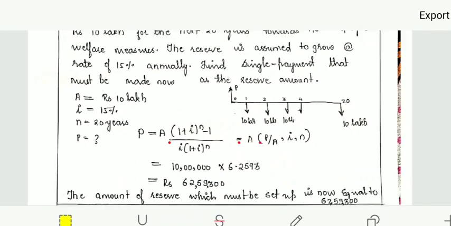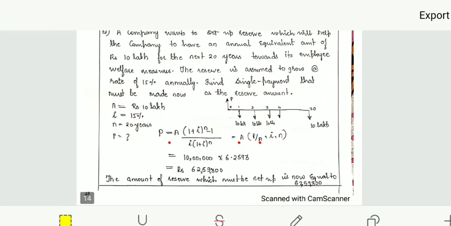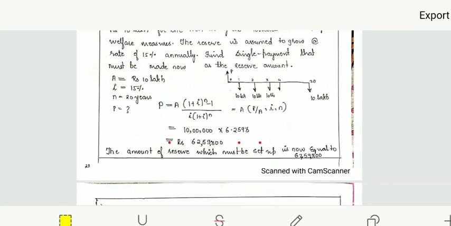So you are finding out the present worth of that amount, that is P. The amount value is given, that is how much? 10 lakh rupees. Interest i is 15%, and n is 20 years, and P is what you have to find out. So the formula is given, and how it is found out is also given. So I hope you have understood all the 6 cases and I want you to practice all this very well